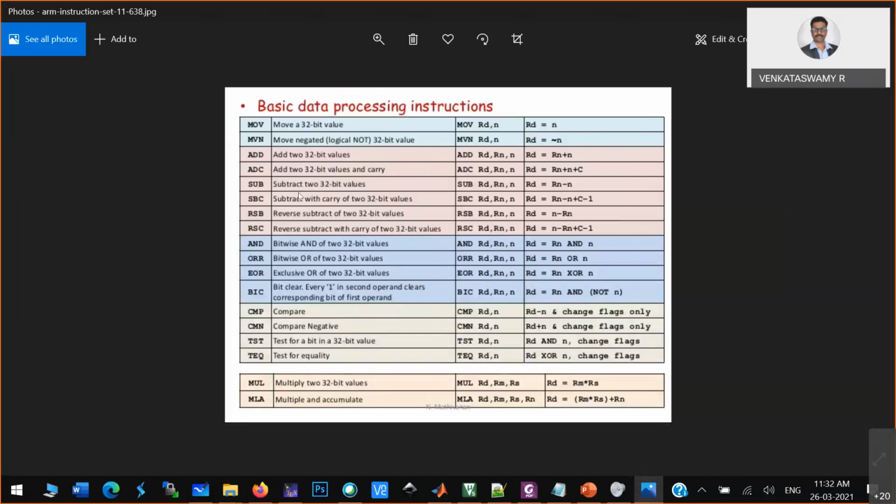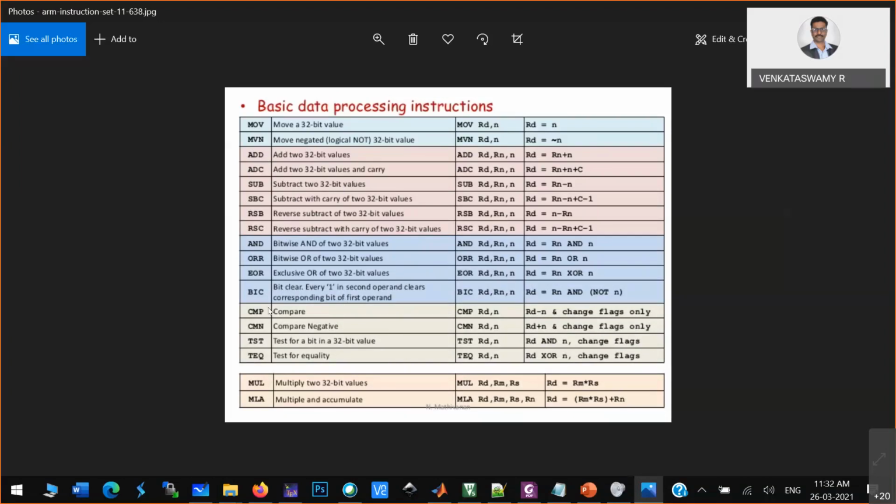If you are trying to do coding in assembly, you just have to learn this. They have some more instructions like move and negate, negate and move the content. Add instruction, add with carry, subtract with carry. Reverse subtract: I want to do A minus B, B minus A, that option is also there. And logical operations you have: AND, OR logic, XOR logic.